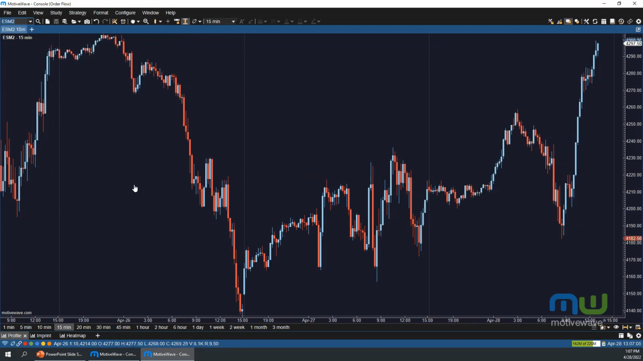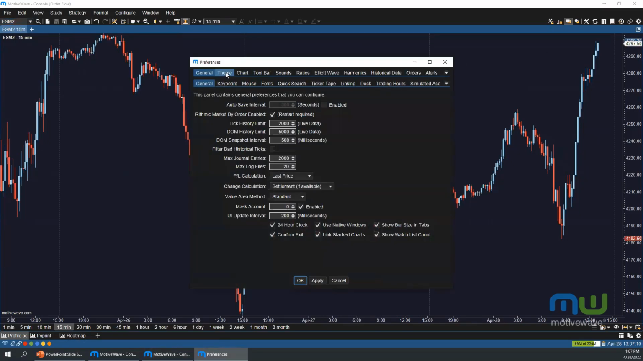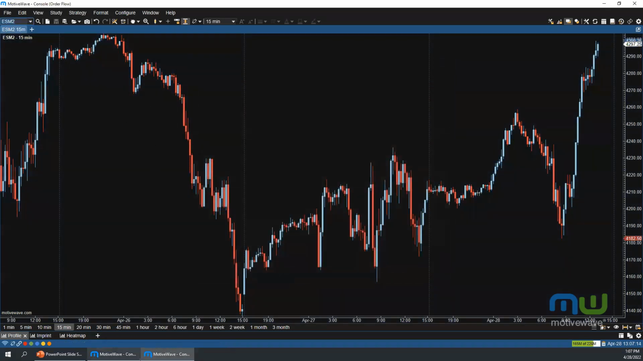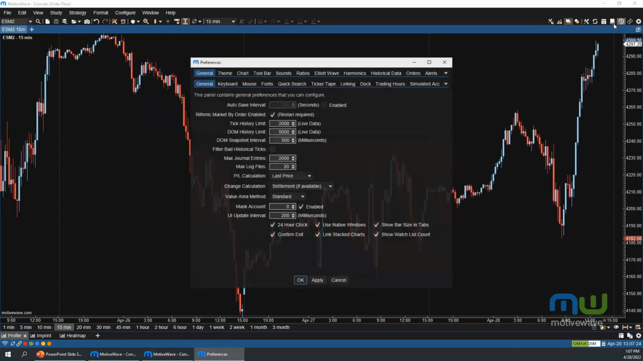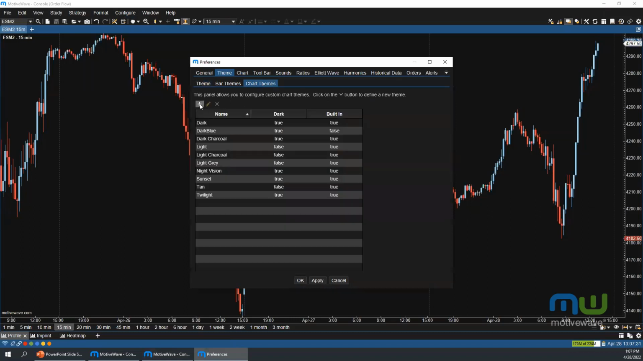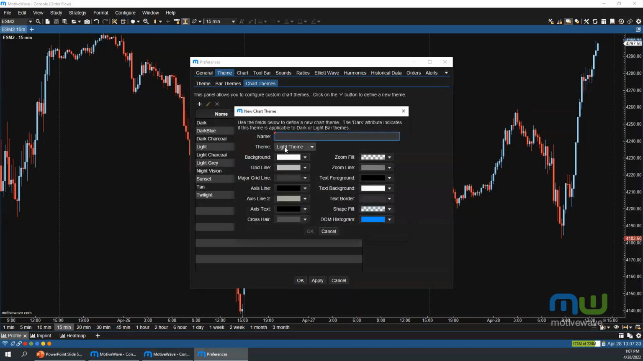And if we wanted to create a custom theme, let's say our theme was currently set to dark, and we wanted to create a custom blue theme to match this one. We could go into the Configure Preferences menu, which is also available by clicking this gear icon in the top toolbar. We can go over to Theme, and then go over to Chart Theme, and click this plus sign to create a new one. So I'm going to call this one